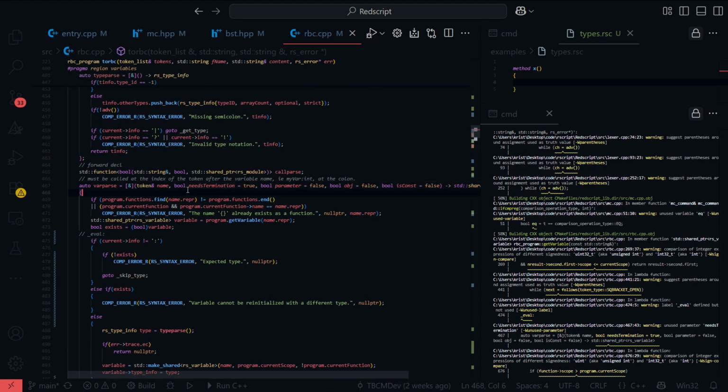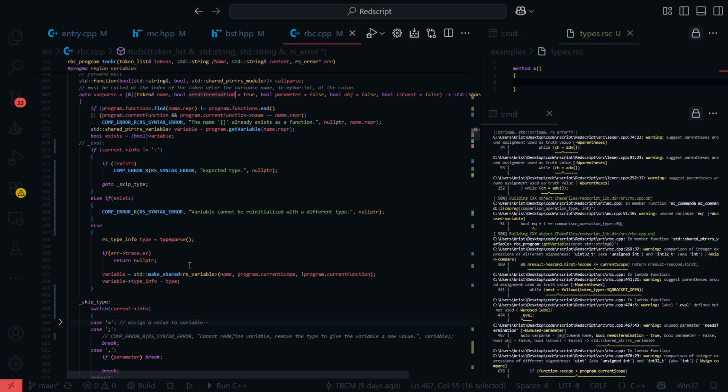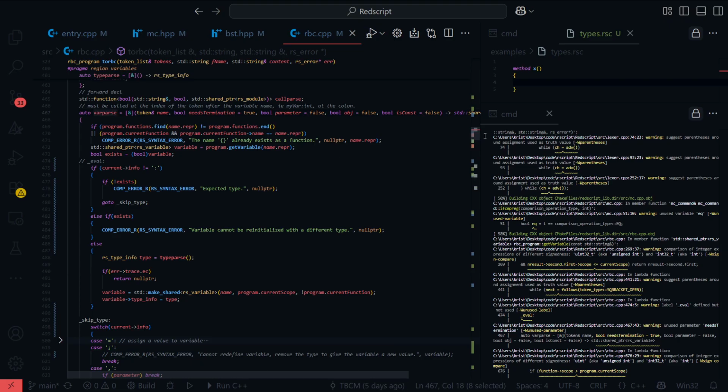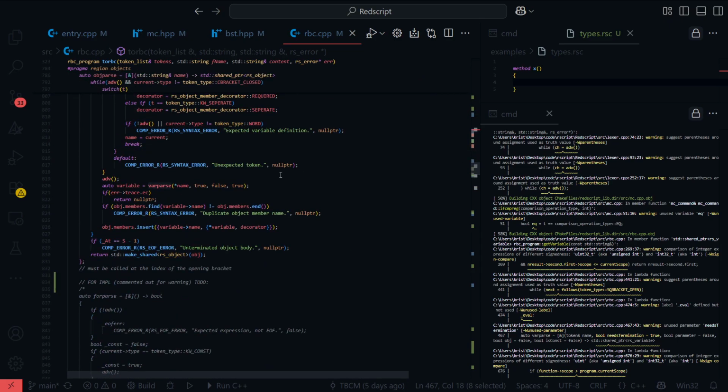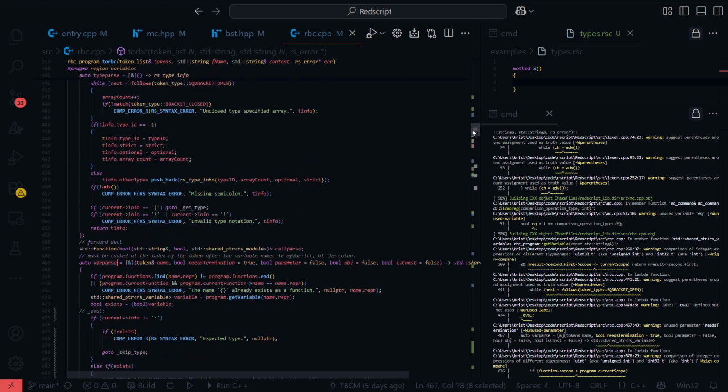So needs termination is a Boolean flag. I know I have a habit of making way too many Boolean flags, but it means that when we parse the variable, it must be terminated by a semicolon. For example, when we call var parse true here, and we're parsing it in objects, when we're creating an object, you need a semicolon at the end of it.